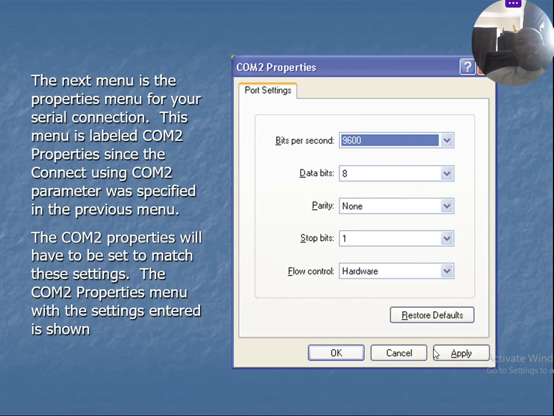Now let's move on. The next interface will pop up after you selected COM2. The next menu that will pop up is the property menu. Now this property menu is showing your COM2 properties, right? Because you've already